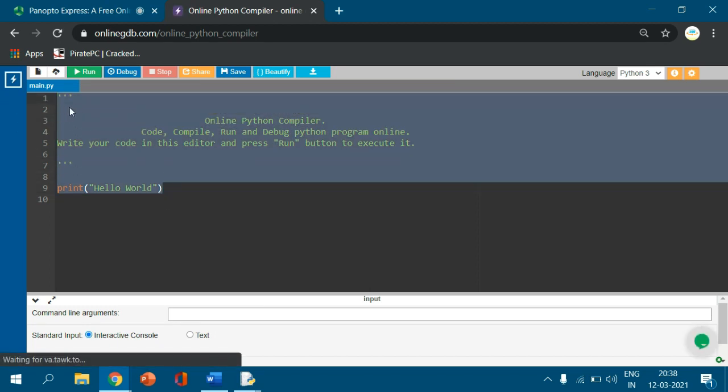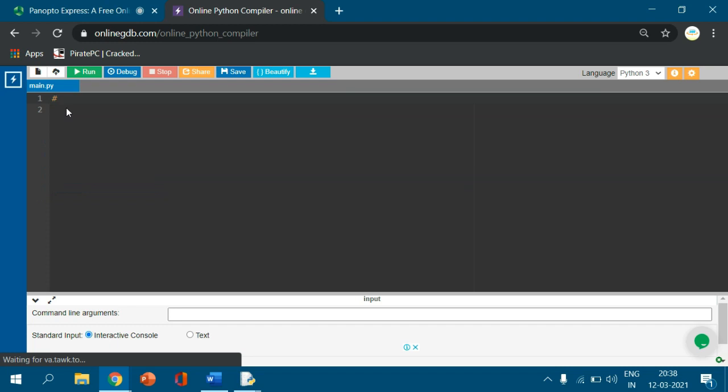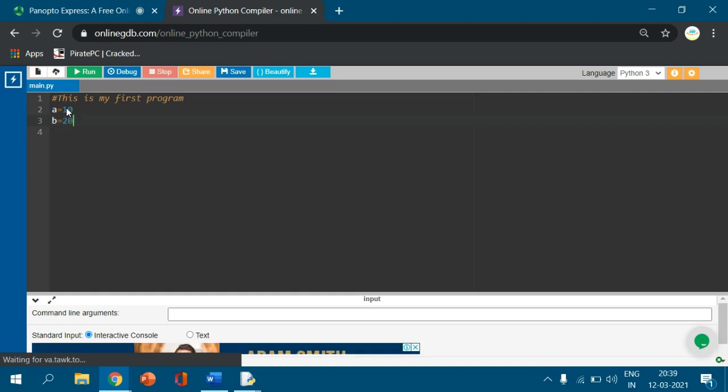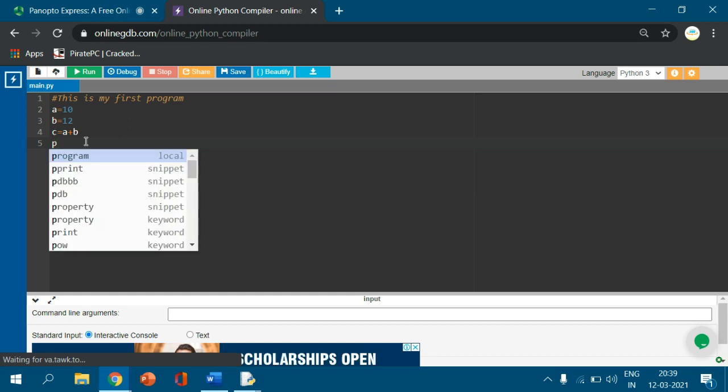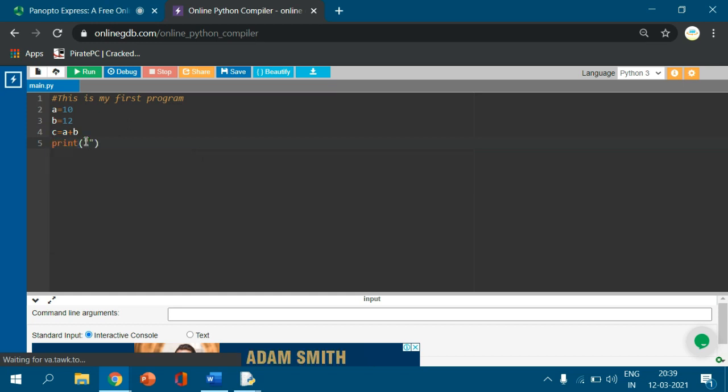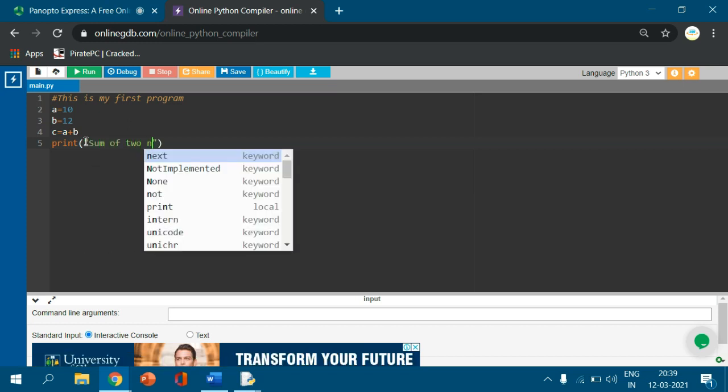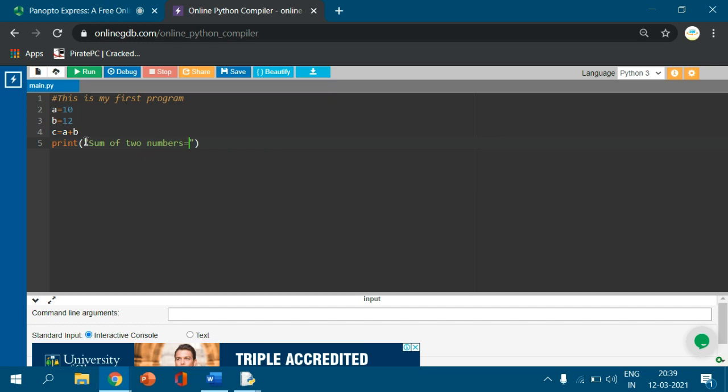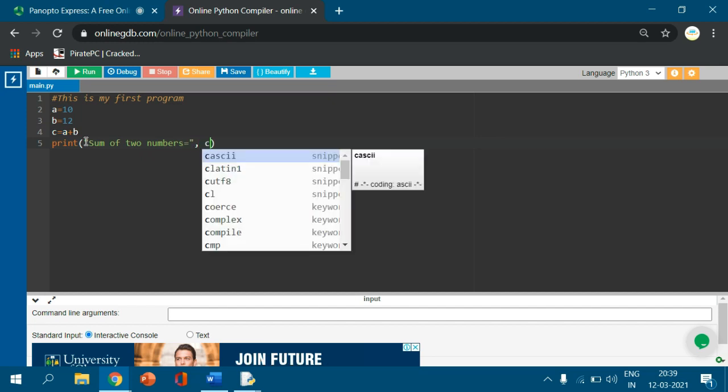Here also I write the same one. First hash, this is my first program, and I give a value equal to 10 and b value equal to 12, and c equal to a plus b, and I print a plus b, sorry, and print sum of two numbers equal to, comma c.